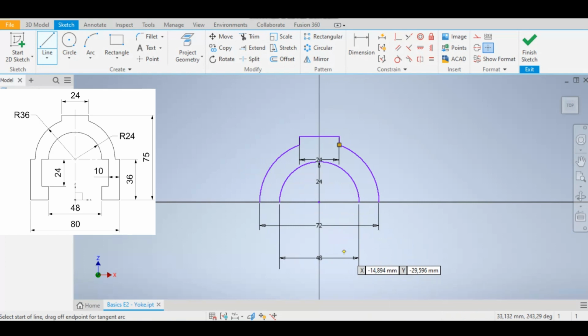So doing some math, I know my x value is going to be minus 24, and my y value is going to be minus 36. So once you've entered that section, we can draw across